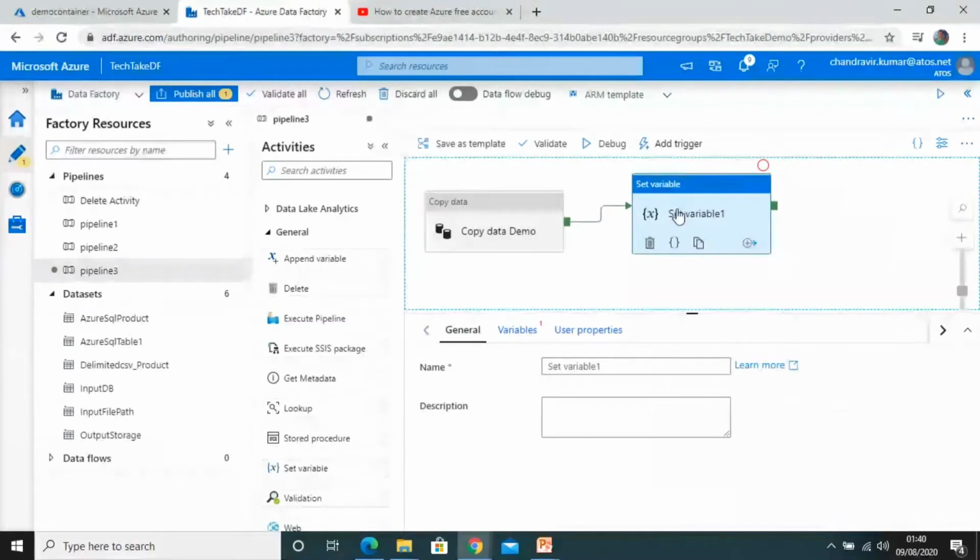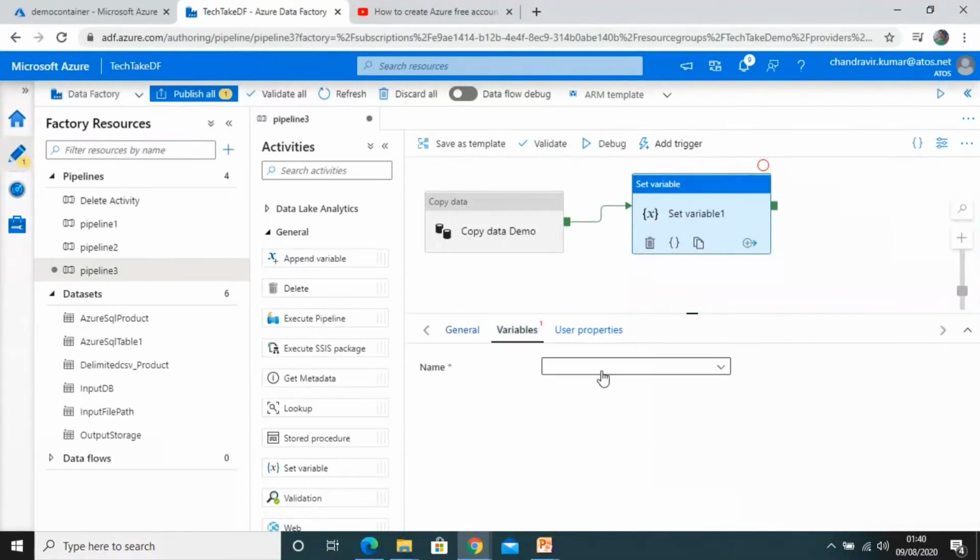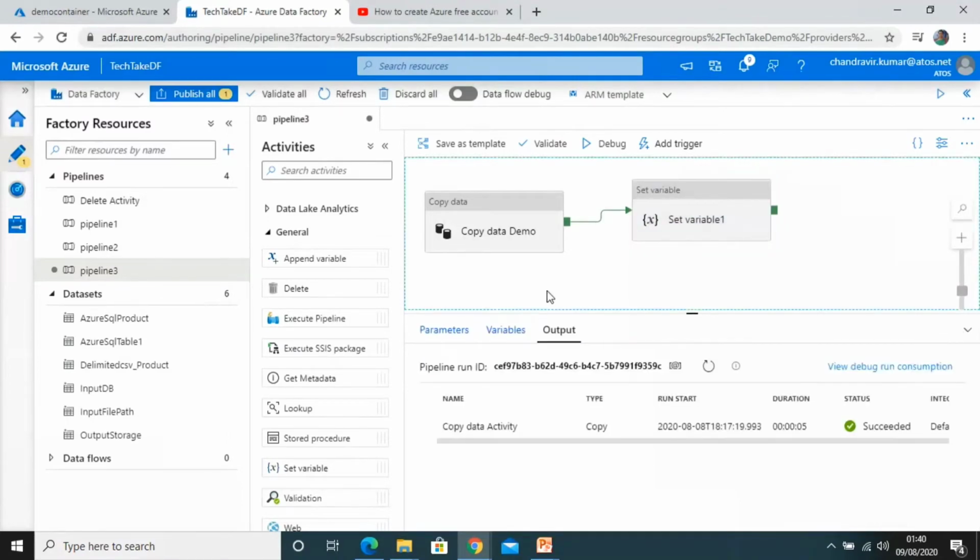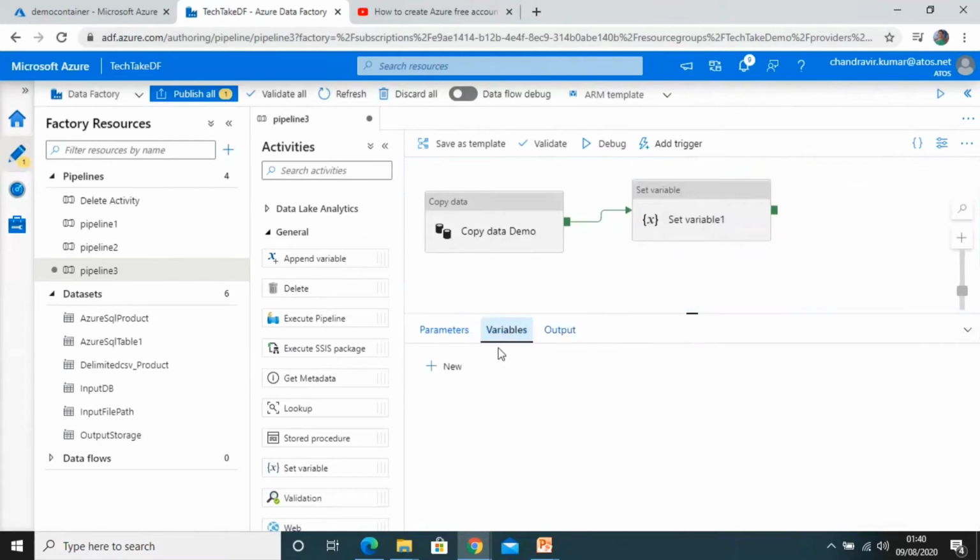Now in General we can rename our set variable activity, and in Variables we need to select a particular variable that we are going to use in the set variable activity. Currently we don't have any variable, and this is User Properties. This is for some additional information. I'm going to make a video on this very soon. So let's go create some variables first.